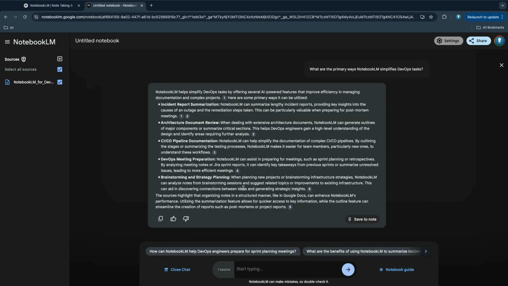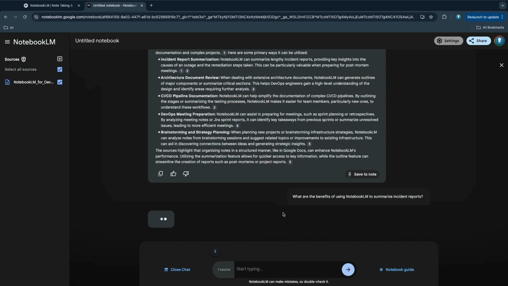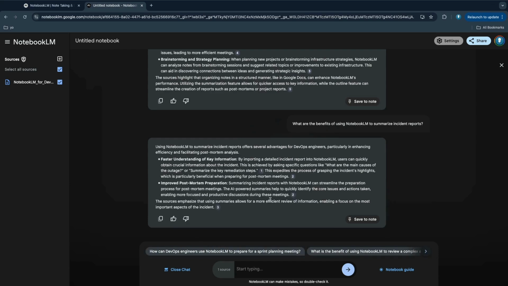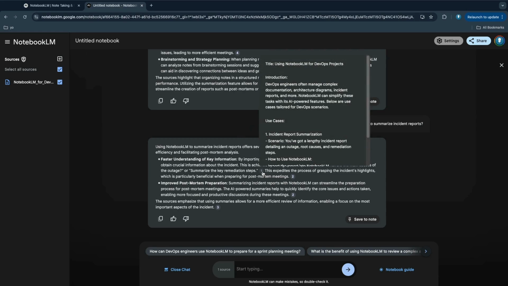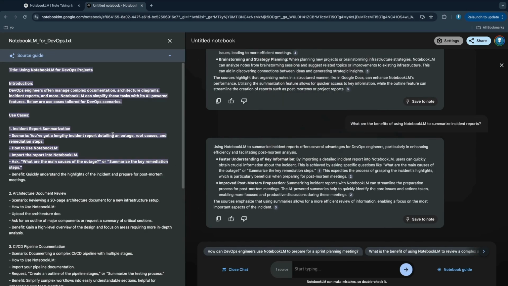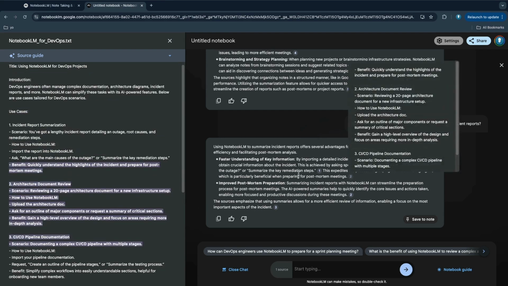So this is the detailed response from the document, and it also provides more insights into what are the different questions you may have. You can just click on any of them, and then it provides a good summary of a detailed answer here. And the other part is, once you click on this particular numbering here, it will actually show from which part of the document it is providing the response from. So that's a very good way we can